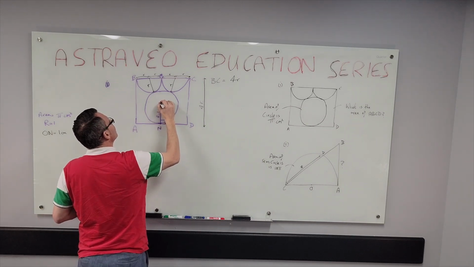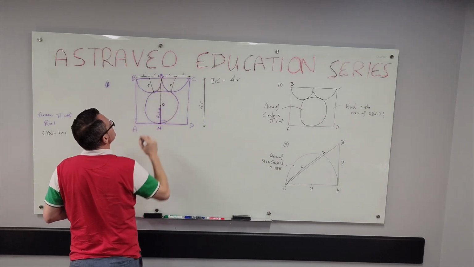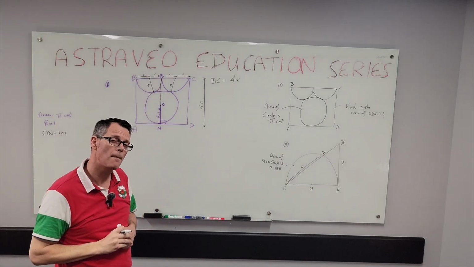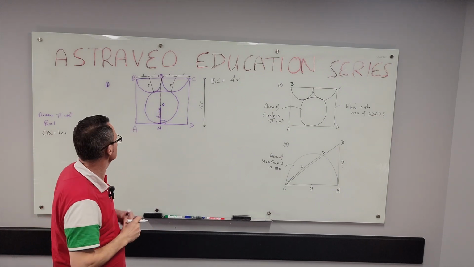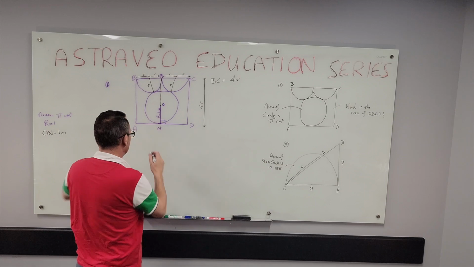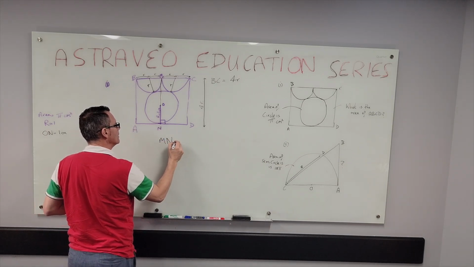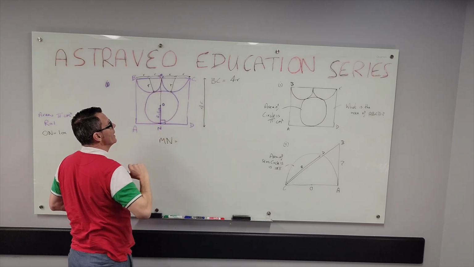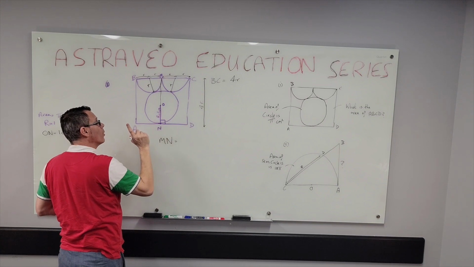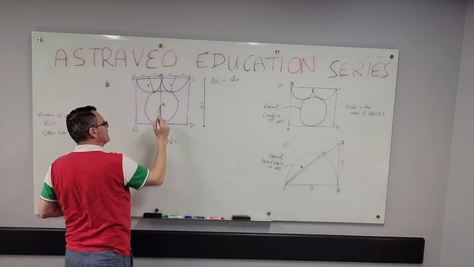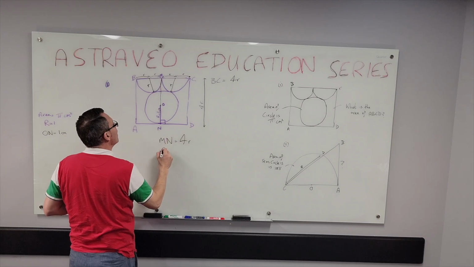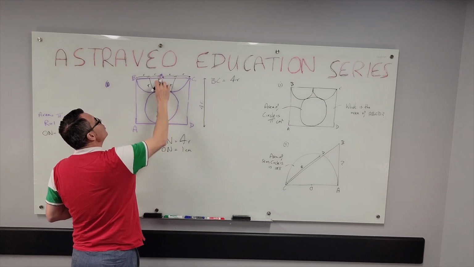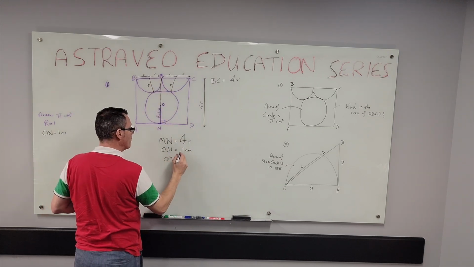I'm now going to go from O to M. That's not a very straight line, but anyway. What is the length of OM? Do we know? Not yet, but we can figure it out. We know the length M to N is basically 4r. It's all the way down because it's the whole length of the square. But we know from O to N is 1. So that must mean this remaining length, ON is 1 centimeter, which must mean O to M is